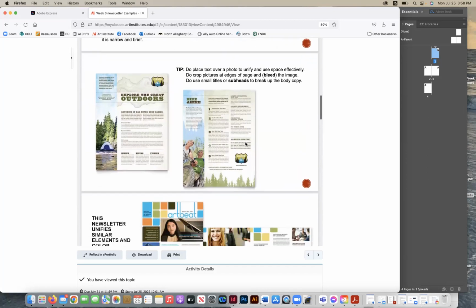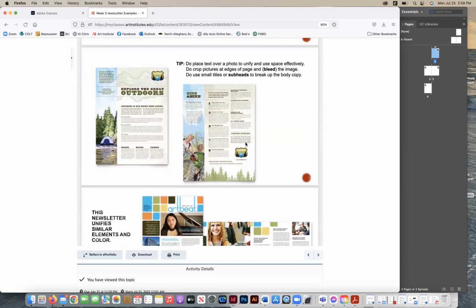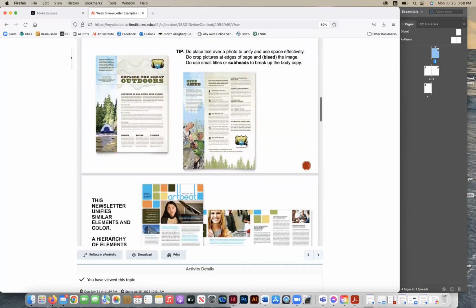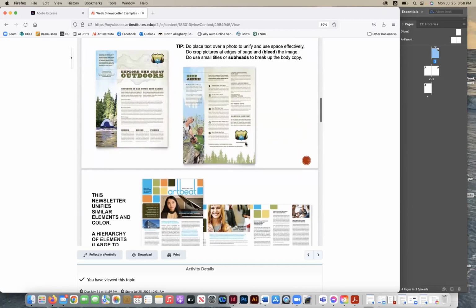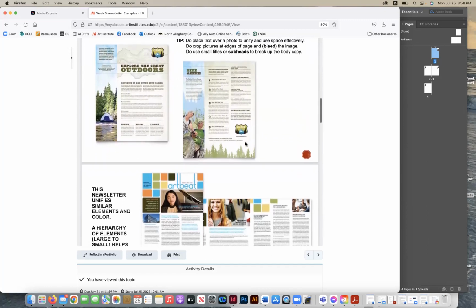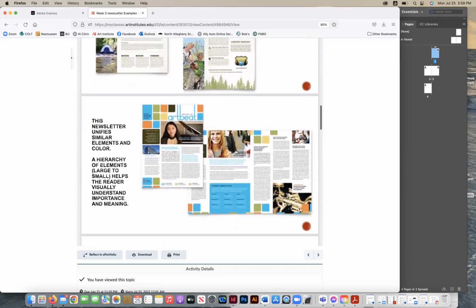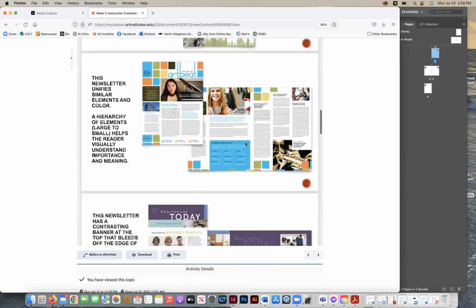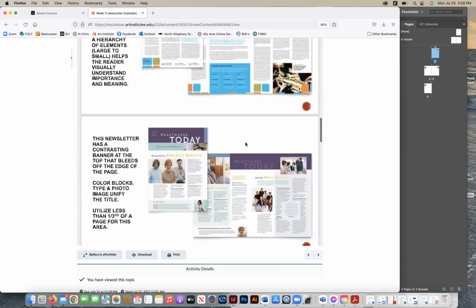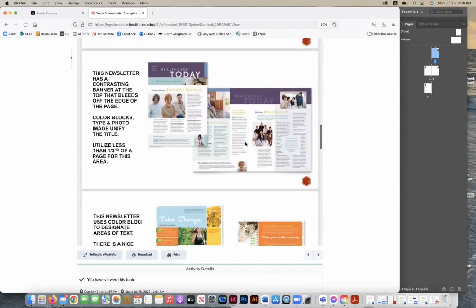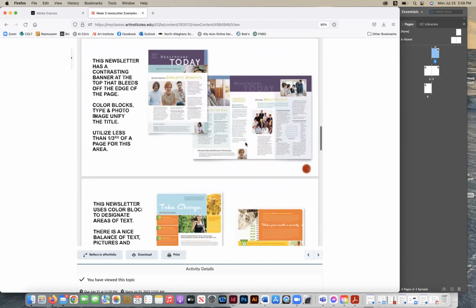So do place text over photo to unify and use space effectively. Do crop pictures at edges of page and bleed. Do use small titles or subheads to break up copy. So yeah, it gives a nice overview and just different layout grids to be inspired by, that you can kind of pick what you think would work